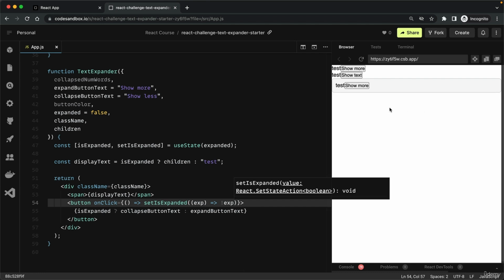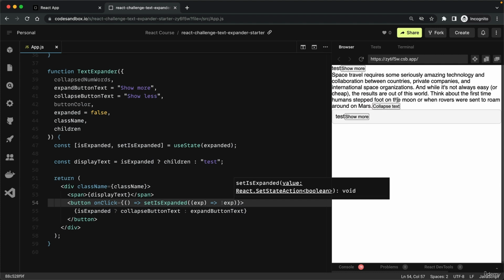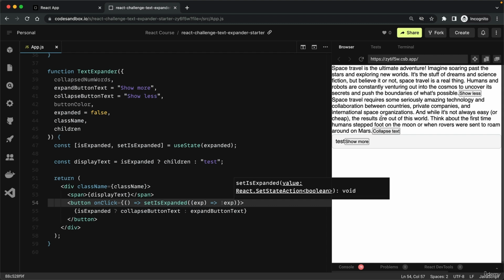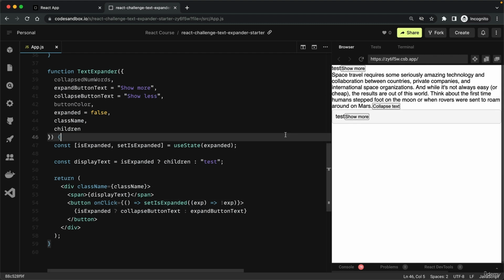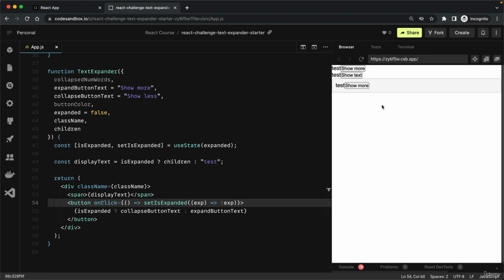And indeed, as we click there, the text is now hidden. And if we click on one of these, then it will show the text. And again, it will then hide it. Great. Now, next up, let's take care of not displaying the text here, but instead displaying some actual part of